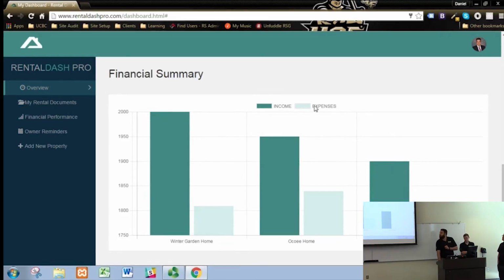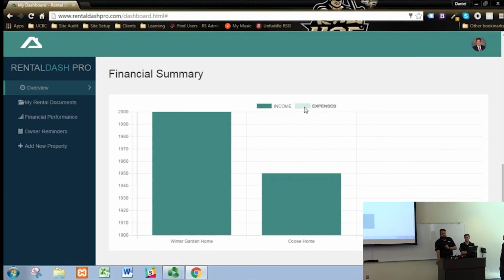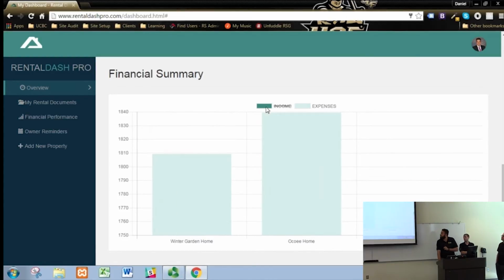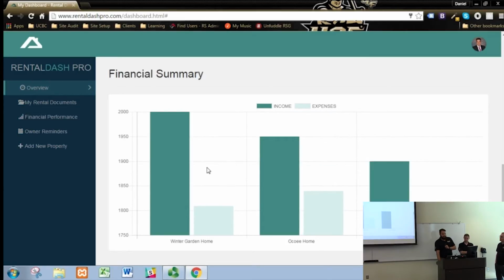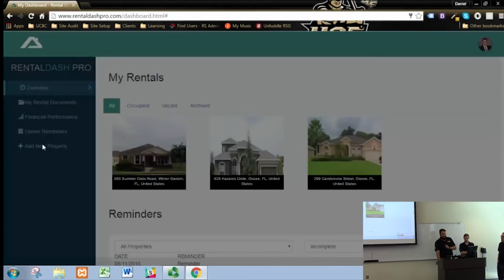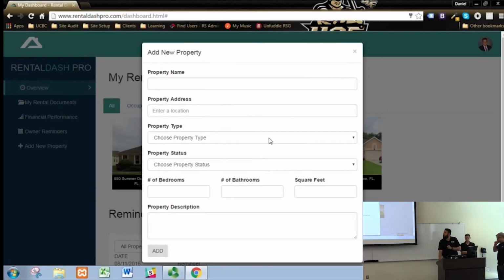It also lets you search through the legend. So if you just want to see your income for your properties, you can turn off the expenses or you can turn off the income, just for comparison. To add a new property, we have this modal pop up, and like he's saying, it uses